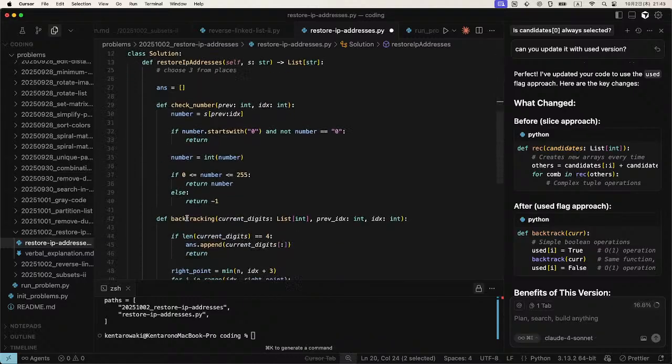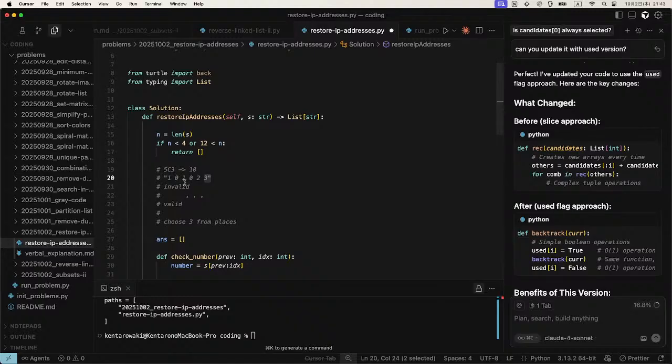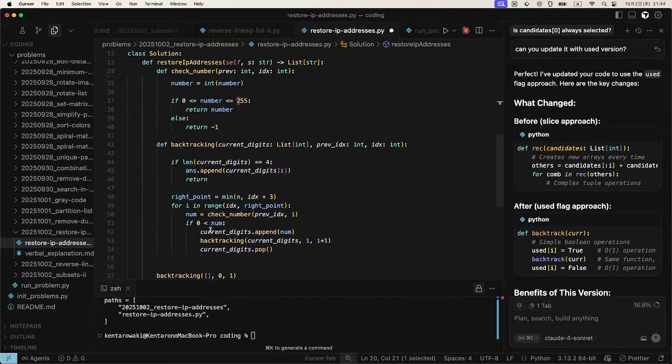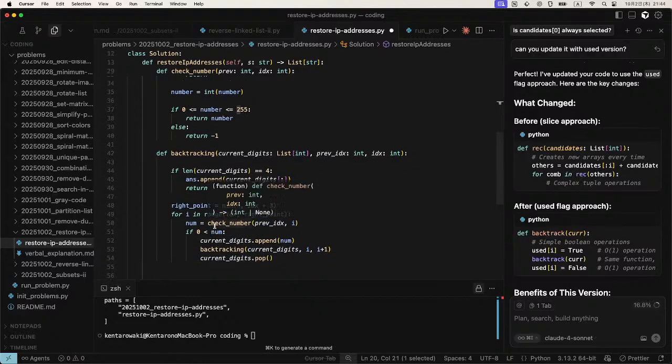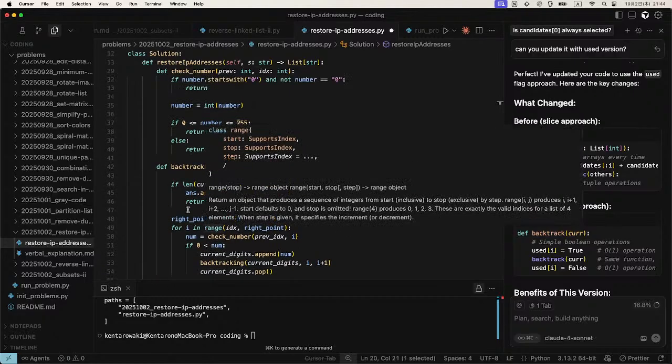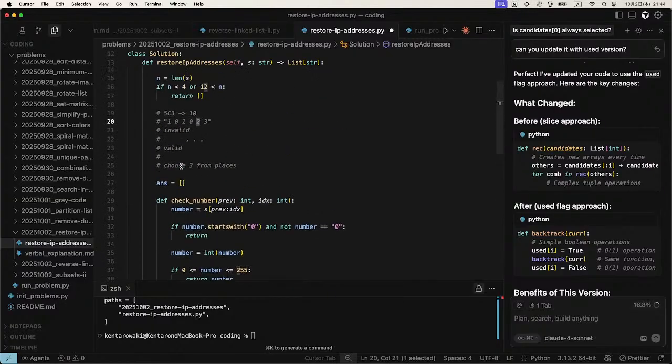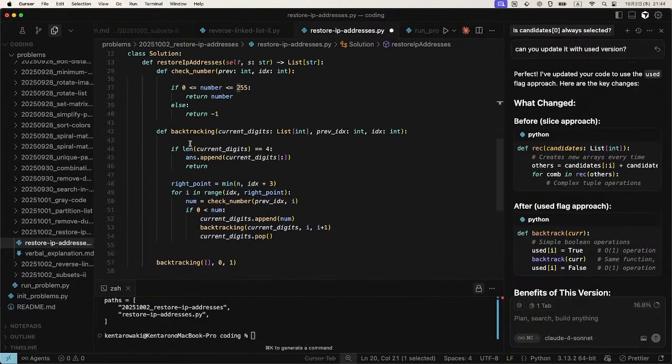Because in this implementation we can append only the left side of the current index. So in this case 101 and 0, 2, and after that the index is